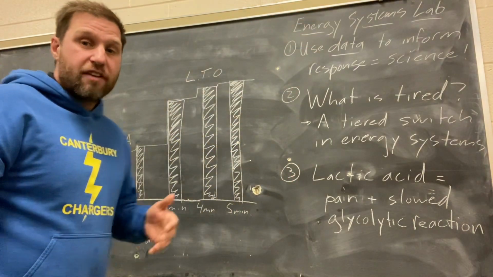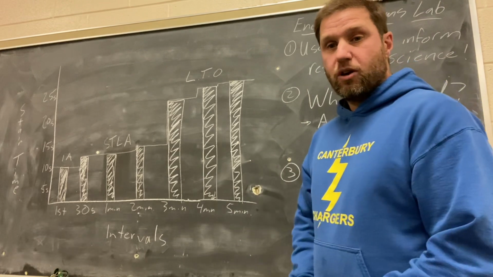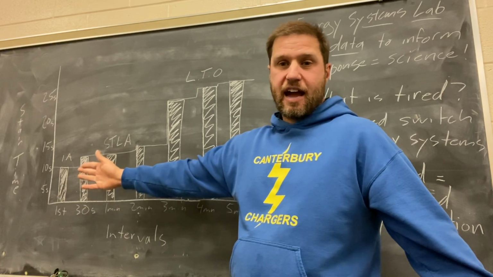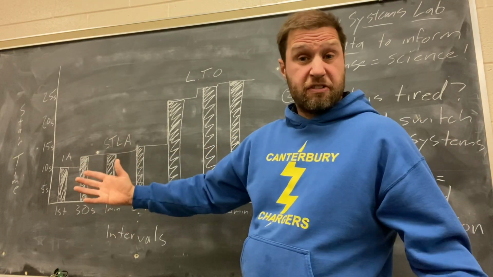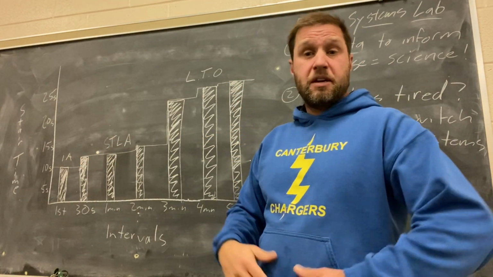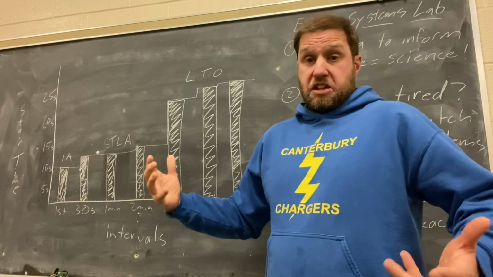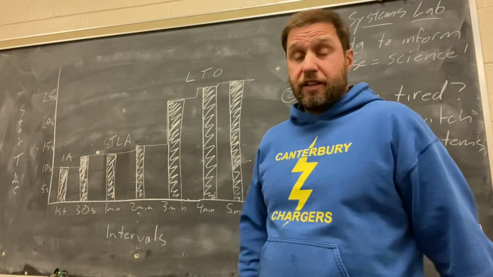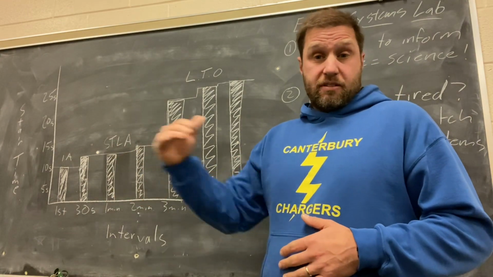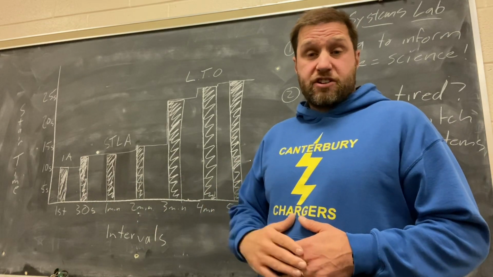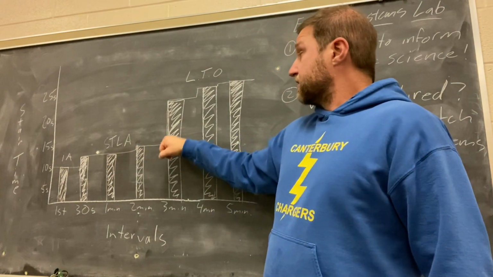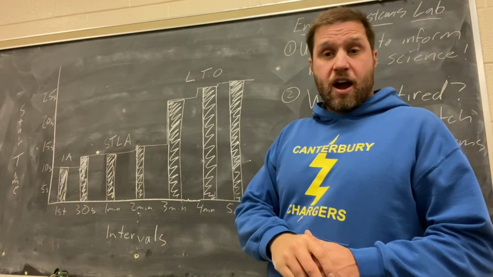I've graphed the results from the video here, and you can see there's a definite tier. We'll never go back to our immediate alactic system the same again because we're running out of a certain substance. Then there's another tier here for our short-term lactic acid system. That's because we need energy anaerobically, but we've run out of that substance, and therefore we need to get to that energy system in order to deliver the amount of energy we need. Of course, there's a byproduct of that that's really limiting us and slowing us down.